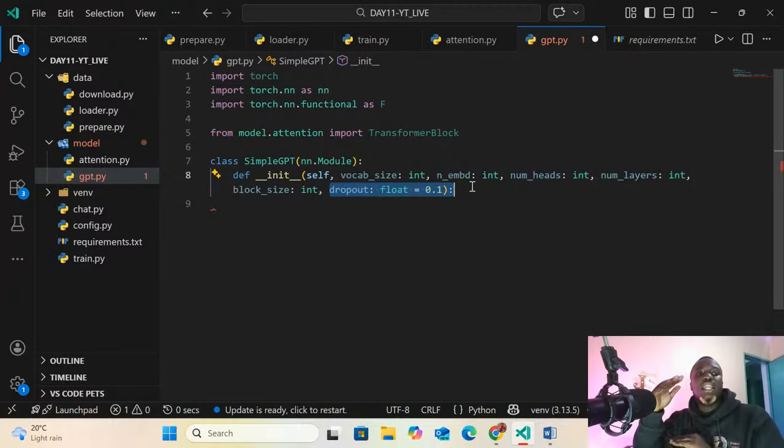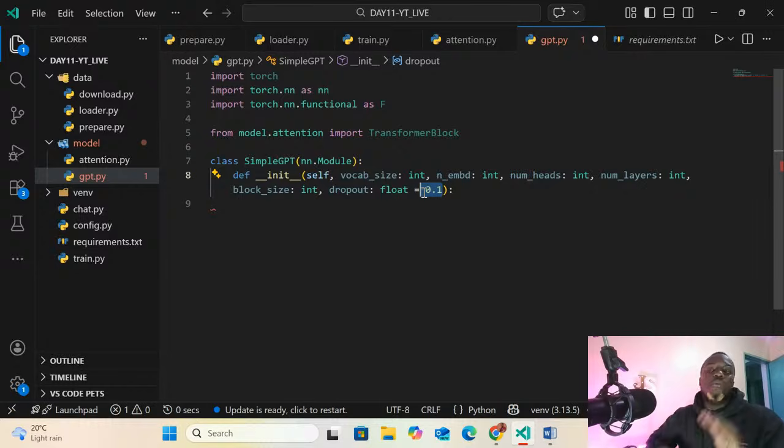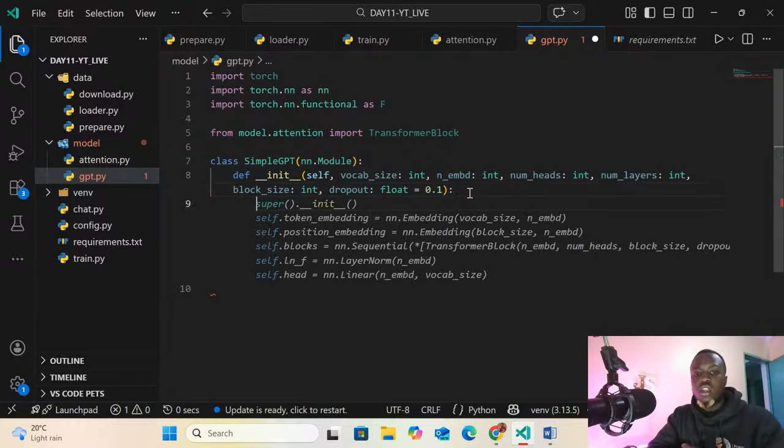So we give the error rate of 0.1, which stands for 10%. So we train our model to be 90% accurate to avoid being biased, to avoid giving us unnecessary solutions which we don't need or which are not correct. So basically that's what we are trying to do.